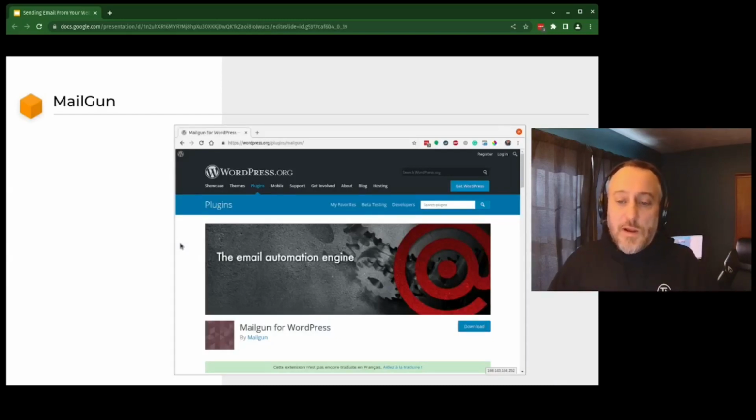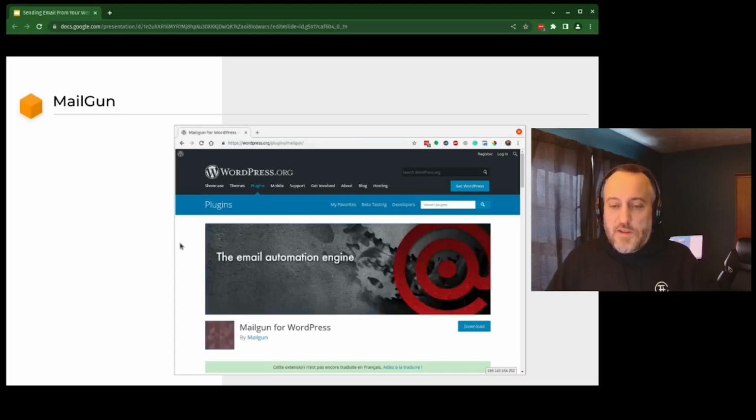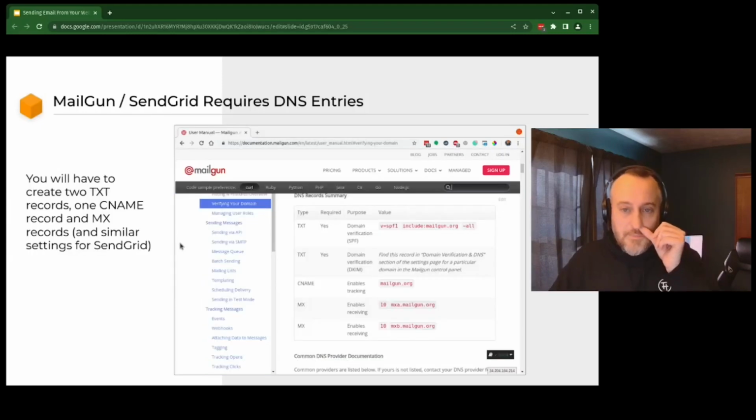You can use a Mailgun plugin, but it doesn't stay as up to date, and we also don't have all of those features. You don't have the fallback, the log, and the Slack integration. Same with SendGrid. SendGrid gives you the same type of functionality as this plugin, but it doesn't give you all those great features. So that's why I recommend that plugin.